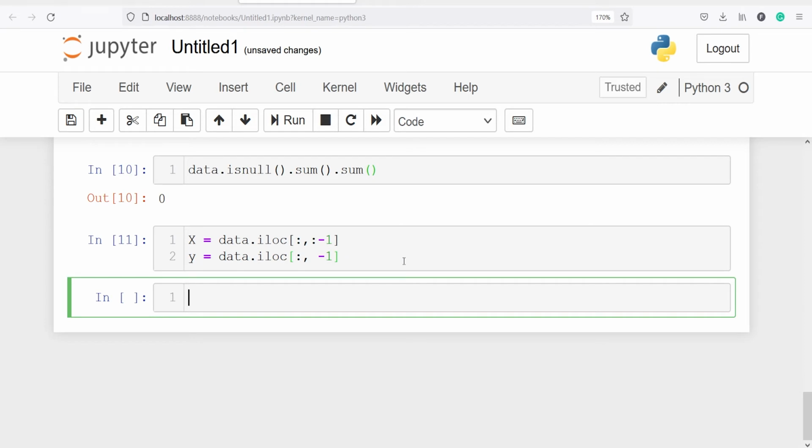The next step is to split this dataset into train and test. For that we will import train_test_split from sklearn. From sklearn.model_selection, import train_test_split.